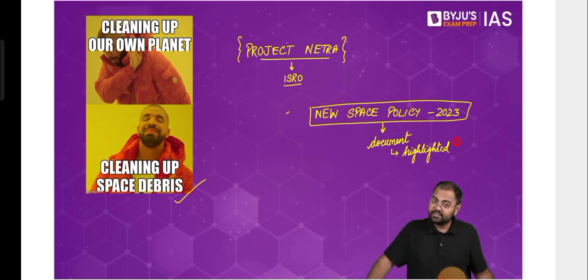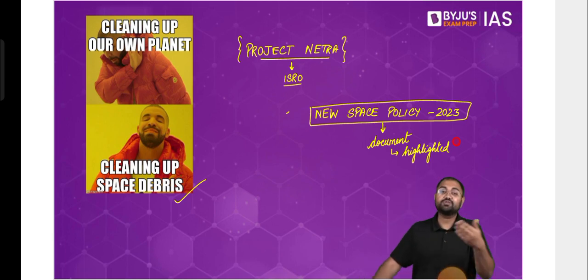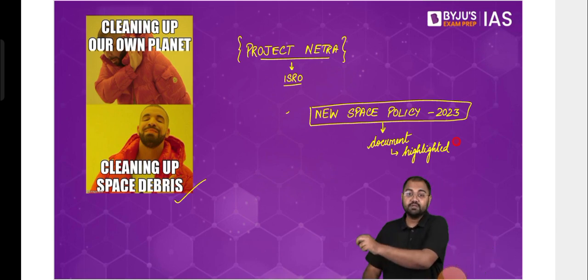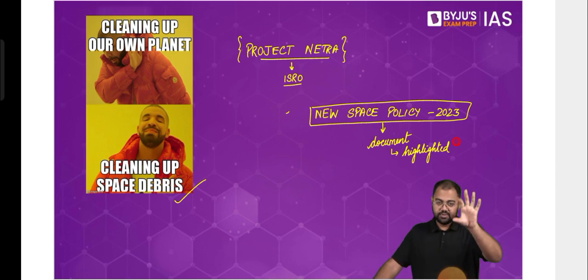So these kinds of questions can be asked. So Mains wise, these are the things. Prelims wise, all these smaller things. What do you mean by a rover, for example? What do you mean by a lander, or the various experiments that it is doing? They can give you the facts about this experiment, about all the data that they are collecting, and they can ask what is wrong and what is right. That which of the following are the findings of the Chandrayaan 3 mission. Something like this can also be asked, where they have given 3-4 statements. So there are multiple such ways in which they can ask this question.